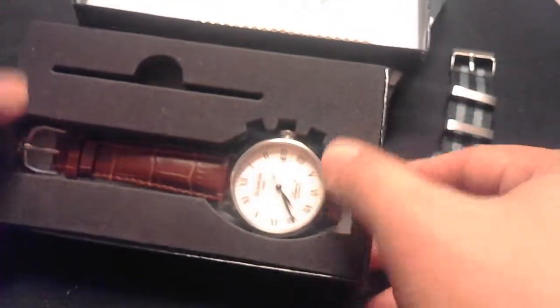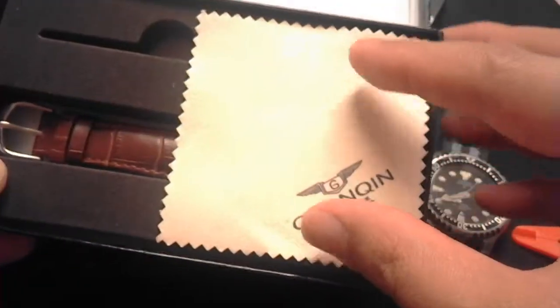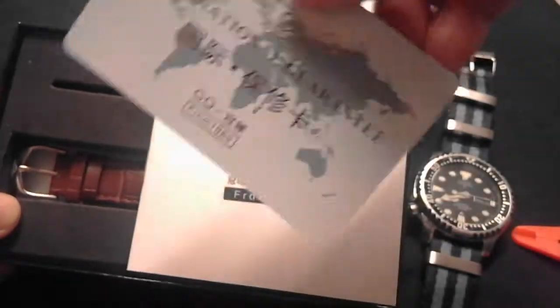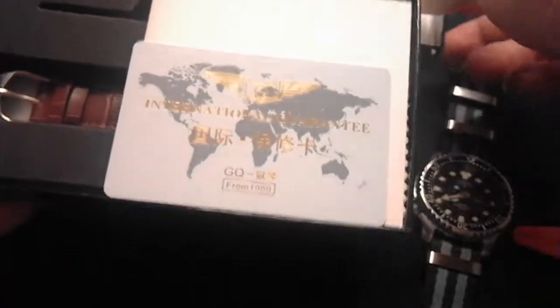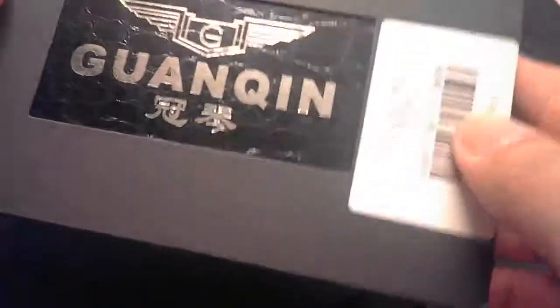So what do you get in the box? Well, you get a box, the watch, of course, a polishing cloth, the manual that nobody ever reads, an international guarantee card that probably does not apply in this country, and the faux alligator design box with a shiny Guanqin logo. You get a sleeve. I'm not sure if you're supposed to put it back in the sleeve, but hey, well,